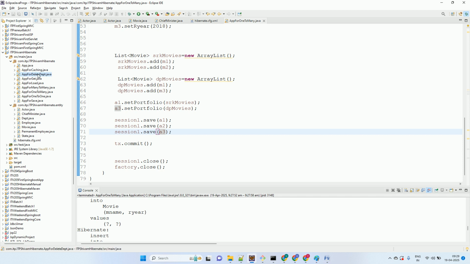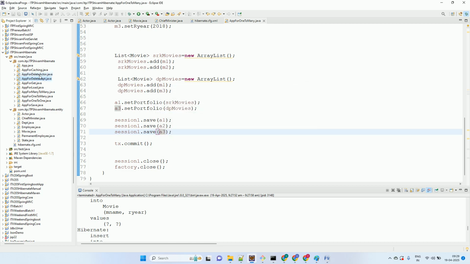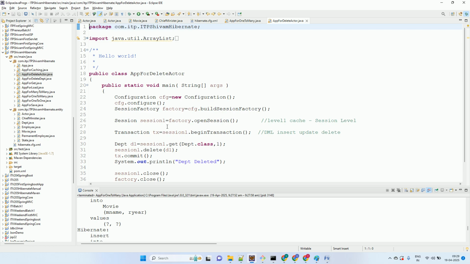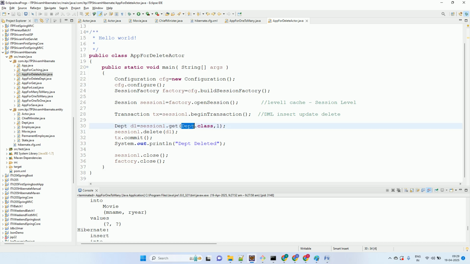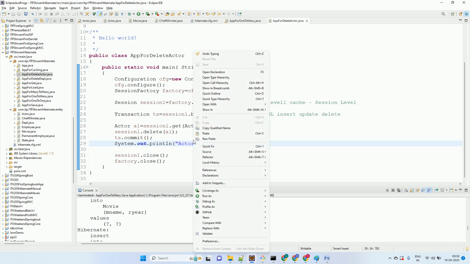App for delete department, app for delete actor. यहाँ पर आ गए, क्या किया, क्या चाहिए मेरे को, एक्टर चाहिए, कौन सा एक्टर चाहिए, 1 वाला, राइट। क्या कर दो, उसको डिलीट कर दो, तो क्या बोलेंगे, एक्टर डिलीटेड, और राइट क्लिक करके रन करके देखो।